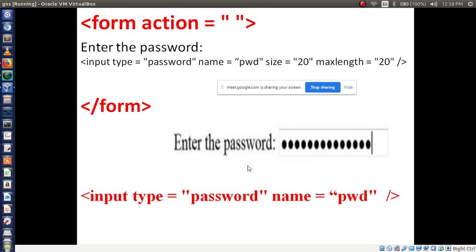Here the name you have written, in the password box you just gave a single quote. So give double quotes. Name is equal to pwd you have written, there you have to give double quotes. Then also size equal to single quote you have given, so you have to give double quotes. Okay, type password. Okay, Kiran, your code is also correct.